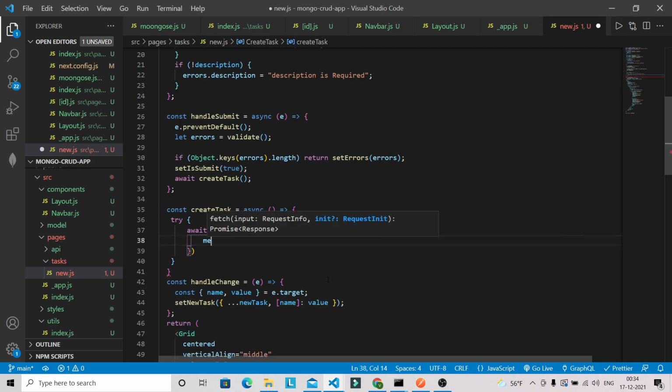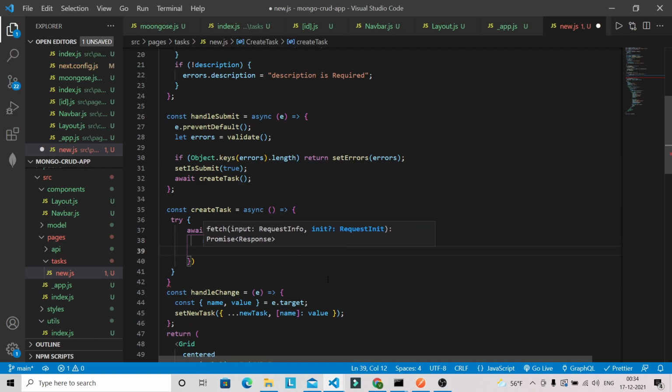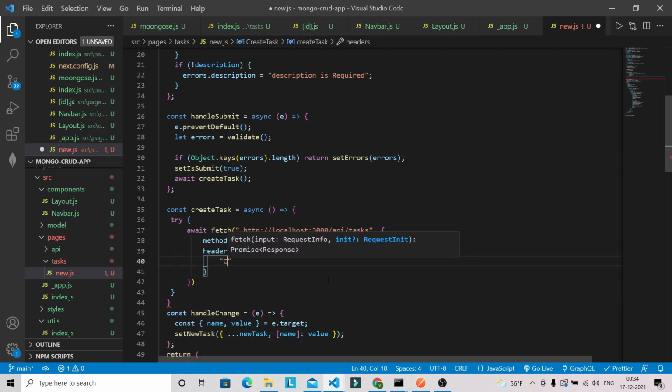So in this object we can pass the method. We are posting a new task, so we can give the method as post, and headers we can give content type.